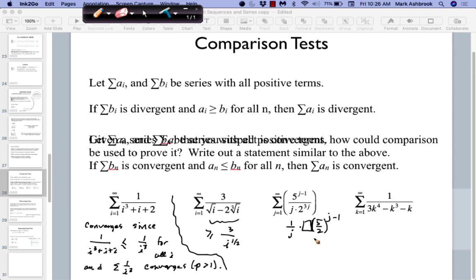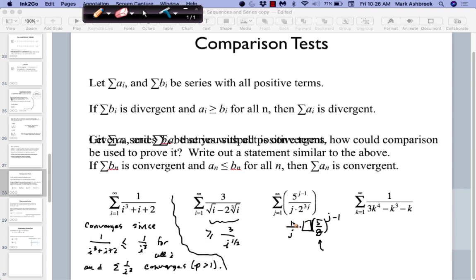So I have 5/2 to the j minus 1 and 1 over j. What's that? 8, yes, thank you. Okay, good. This is 2 to the 3j. We'd have to make that 8 to the j first, so it's 5 over 8. So, converge or not? Because? This would be a geometric series that converges, and then by multiplying it by 1 over j, our terms are